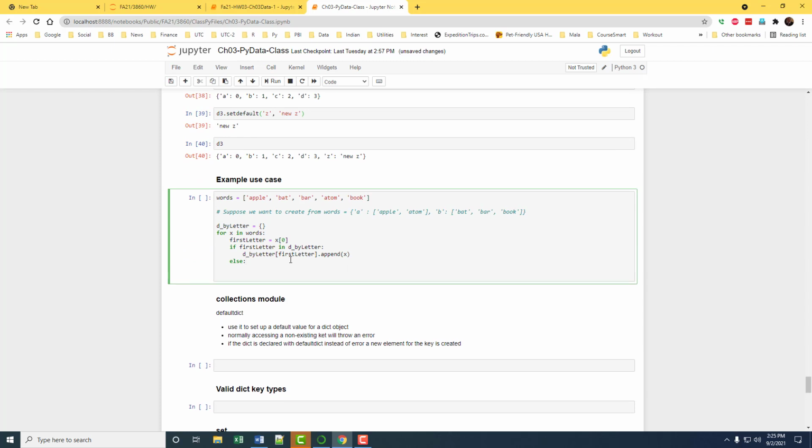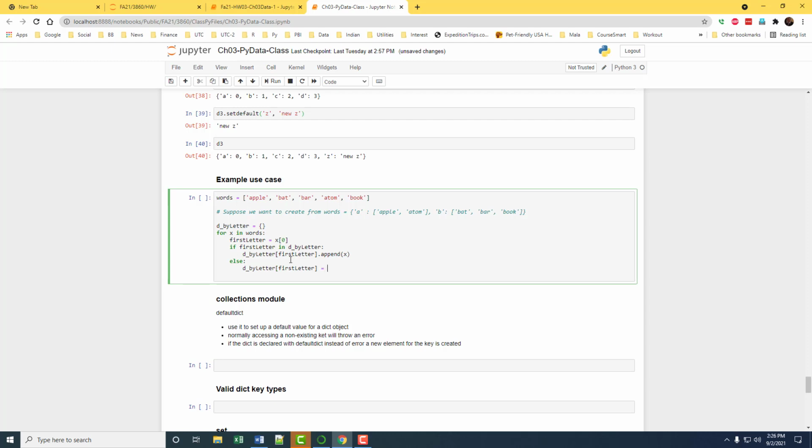So in this case, D by letter. First letter, we start a new entry, because this first letter is not one of the keys in the dictionary.